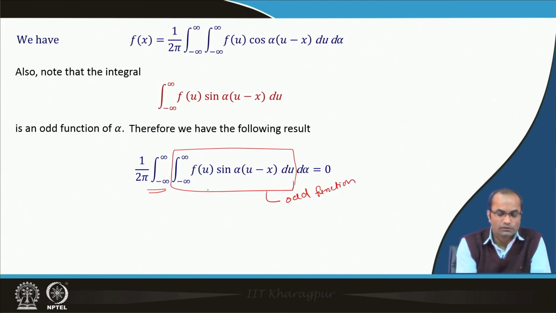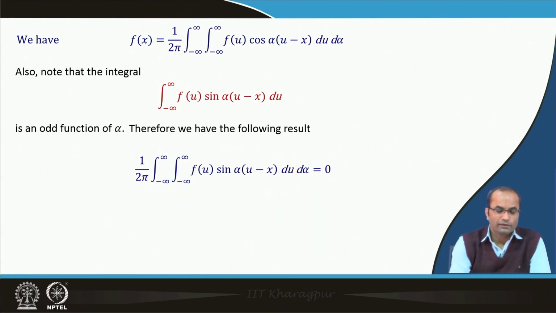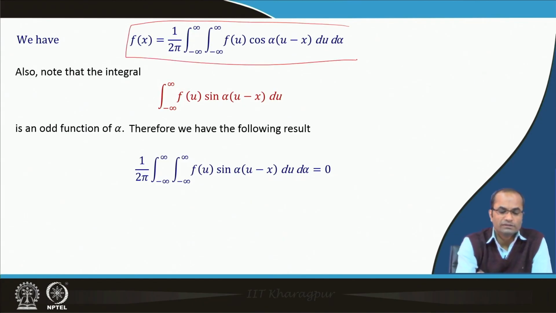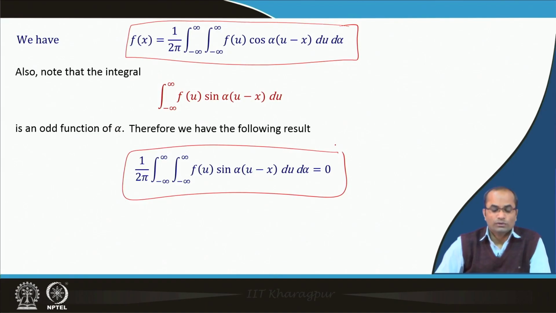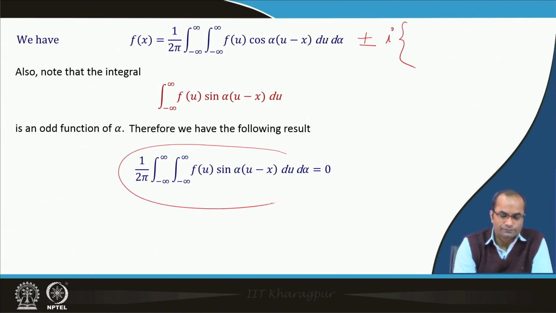Since this is an odd function and our integral is from minus infinity to plus infinity, using this property of the integral, it will be 0. So we have two integrals: one is equal to f(x) and the other is equal to 0. If we add to the upper one i times this integral, which has the value 0,